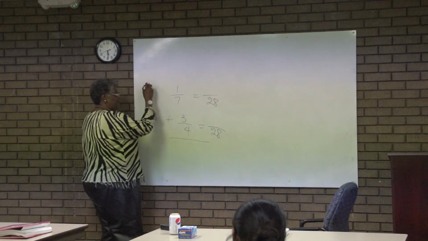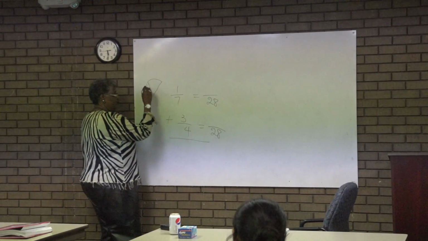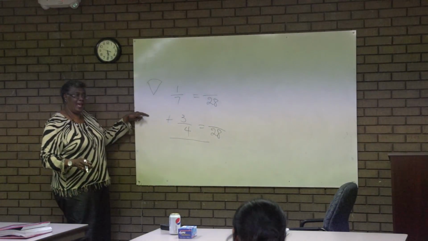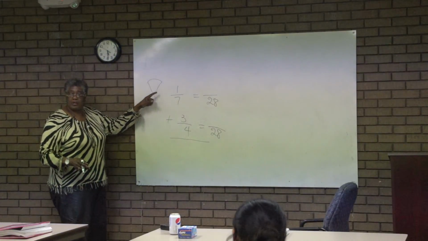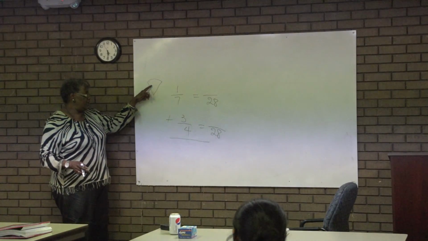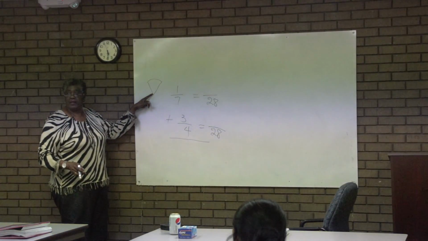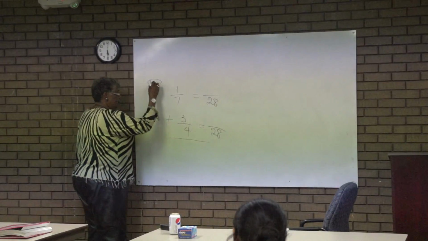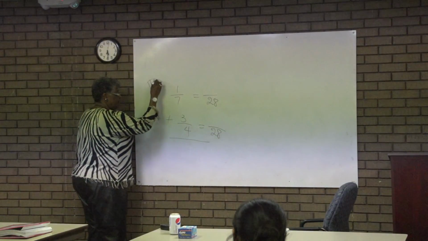Now a 7th, I want to cut it into a 28th. I want to make sure there are 28 pieces in the whole. That means there are going to be the same number of pieces in each one of these 7 pieces. How many pieces does each one now have to be? 4, right? So that when I cut them all, each 7th is now going to be 4,